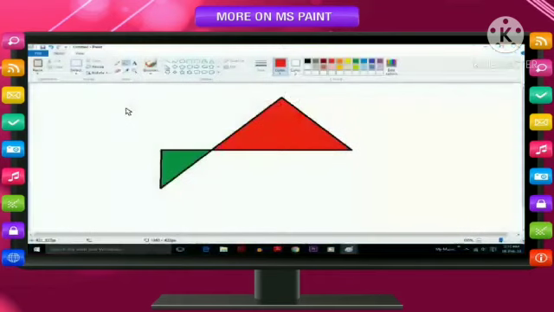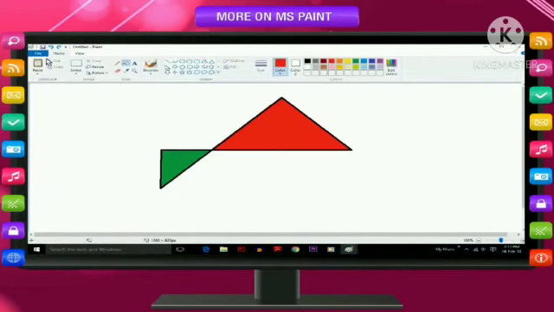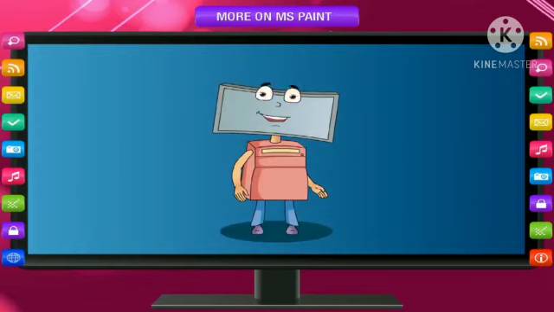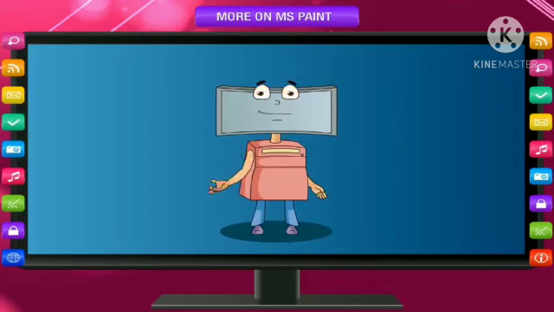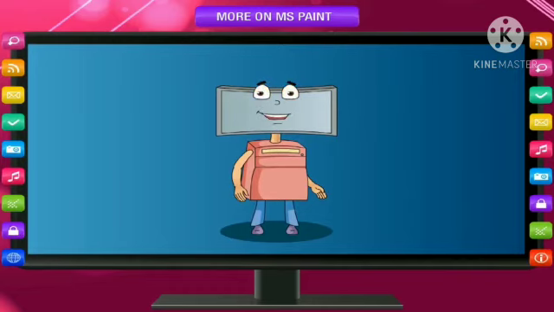Follow these steps. Click the File tab and then click Save, or click on the Save icon in the Quick Access toolbar. A Save As dialog box to save a drawing appears. In the Save As type box, select the file format you want. In the File Name box, type a name and then click Save. Notice that the default file format is .png. Some other formats are .bmp, .jpeg and .gif. Next time when you work in the same file and save your drawing, it will not ask for the name, but will just save it.